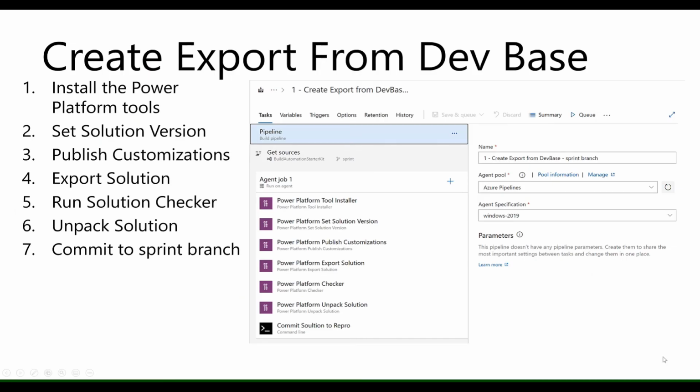The first step is to create an empty base solution in your base solution dev environment, and then bring that solution with nothing in it into your source control. So we install the Powerapps platform tools, we set the solution version, publish customizations, export the solution, run solution checker, unpack the solution, and commit that solution to branch. You'll be rerunning this as you're continuing to develop